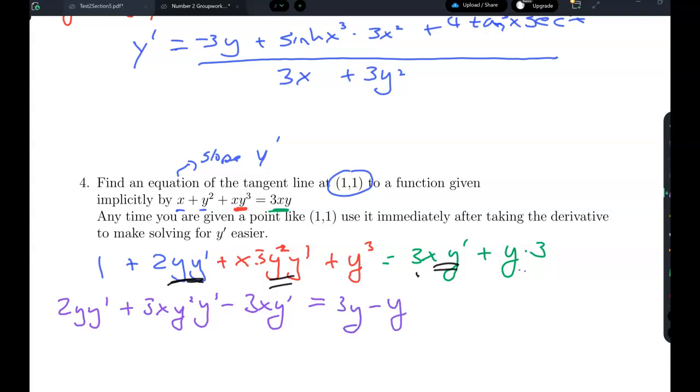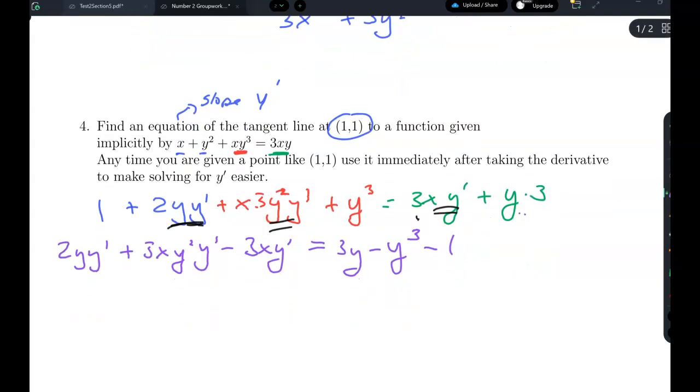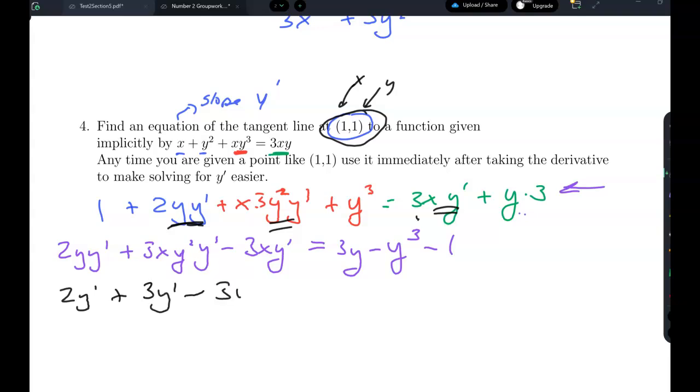I'm going to subtract the y cubed and minus the 1. So at this point here, I think it's useful. I could have done it right here, but now is a great time to plug in the 1, 1. So plug in x equal 1 and y equal 1. So I get 2 times 1 times y prime, so that gives me 2y prime, plus 3y prime, minus 3y prime,